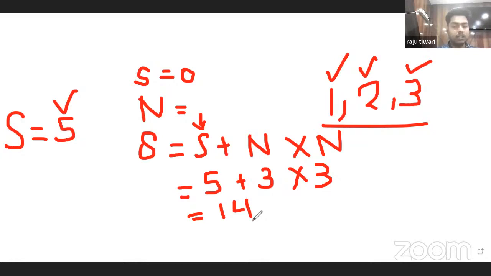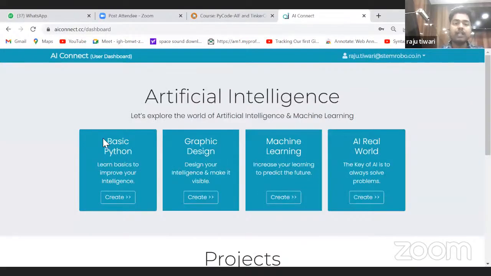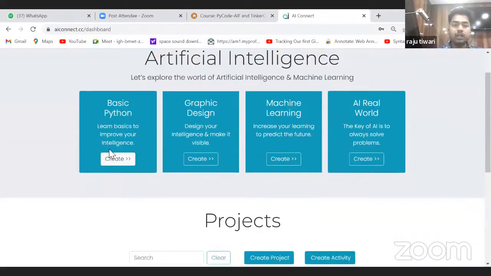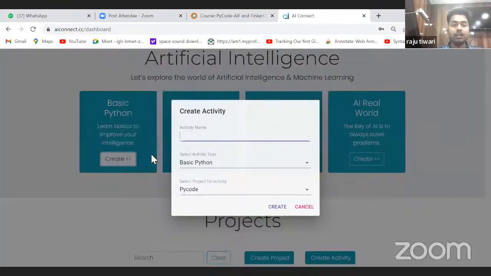How many times? 3 times. So that is the task we need to perform in our activity. So I'm just stopping my screen and now I'm going to start a new activity in AI Connect. So let's start creating the activity. So the first step that we need to perform is to create a new activity. So I will click on basic Python create button and I will put the activity name, print the sum of